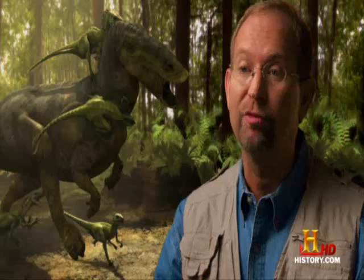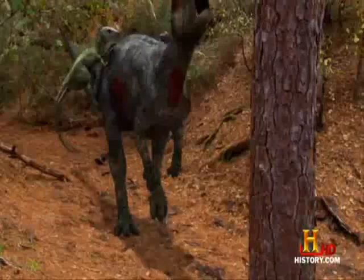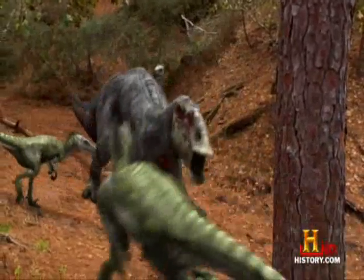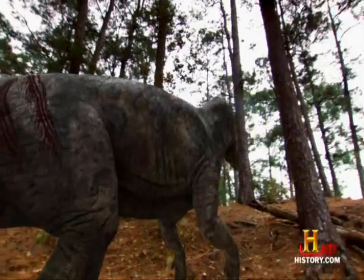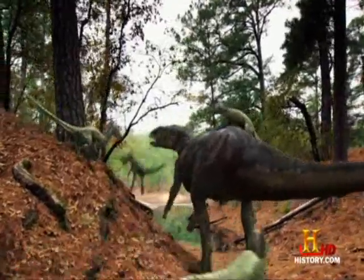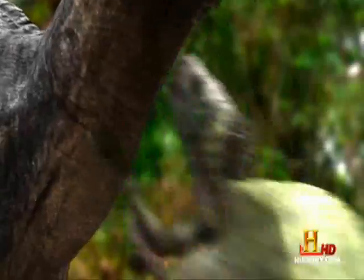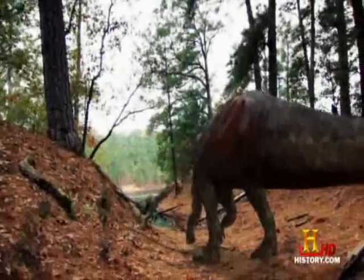Because the duckbill's hide is so thick, the raptors are unable to score a decisive blow. But in their case, quantity is just as effective as quality. If they can continue to inflict enough small wounds, the loss of blood will have the same effect as one major injury. This slash and dash approach works well for the raptors, and it keeps them out of harm's way. Smarter, faster, and better armed, the raptor pack continues to launch an endless barrage of attacks. But they have no idea